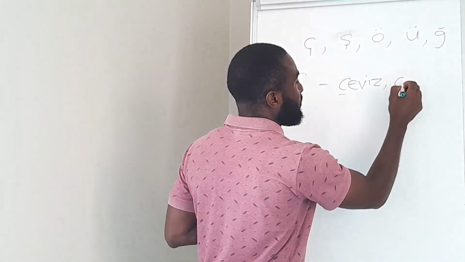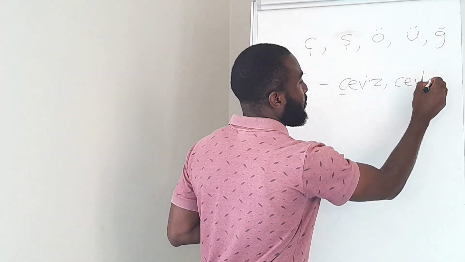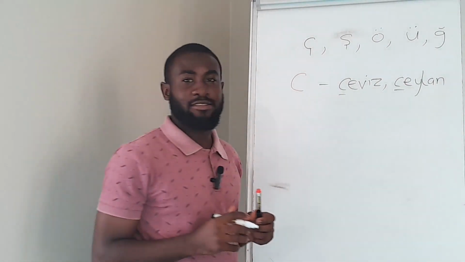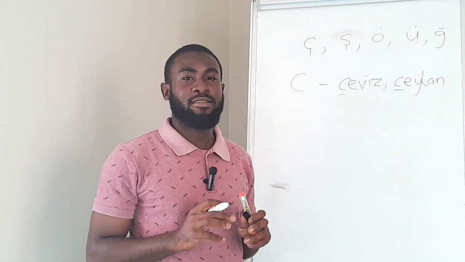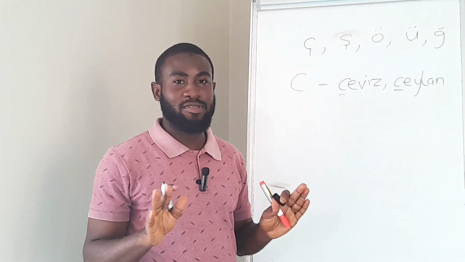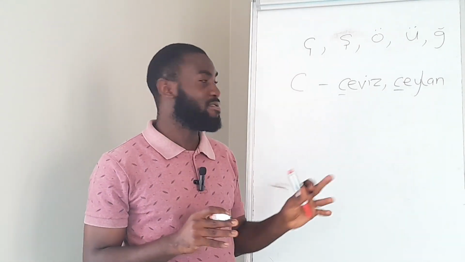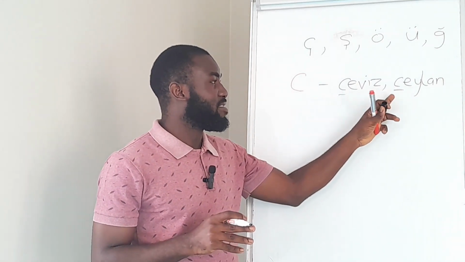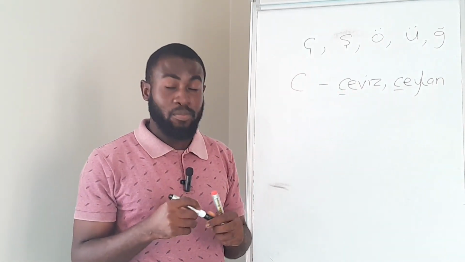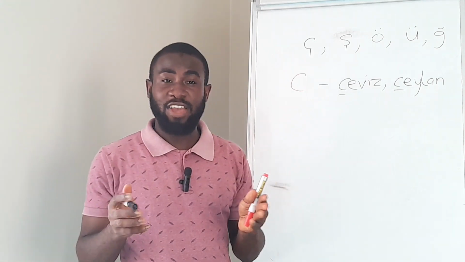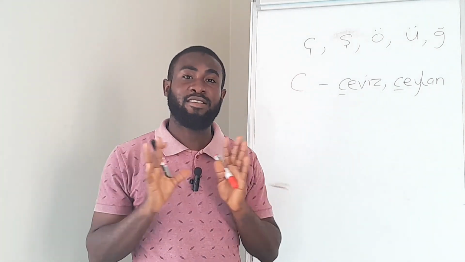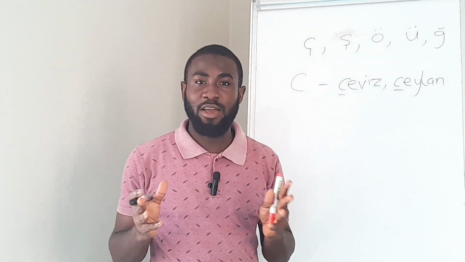We have Ceylan, Ceylan. That is how you pronounce this letter anywhere you see it. J. Ceviz. Ceylan. Whereas in English, I'm using English because that is the language we are all familiar with,